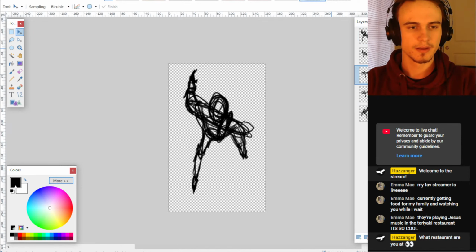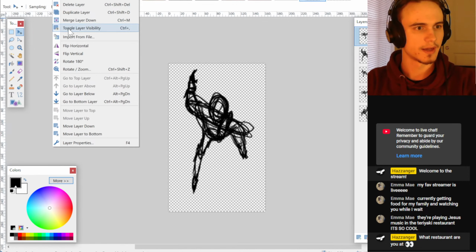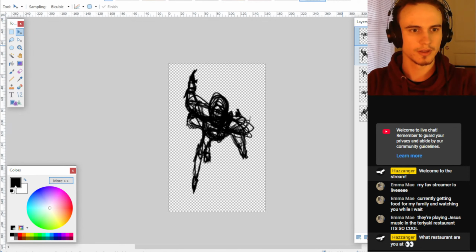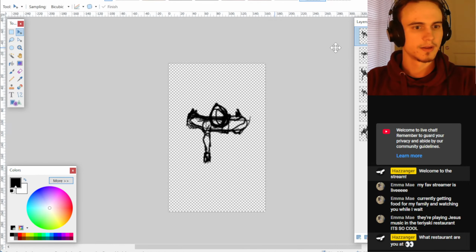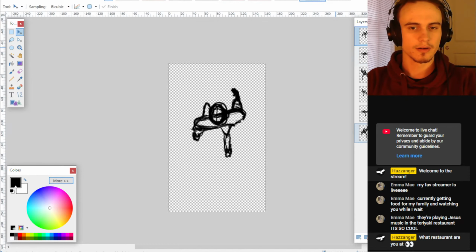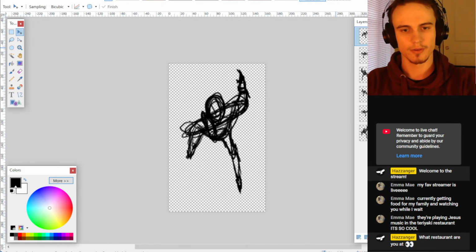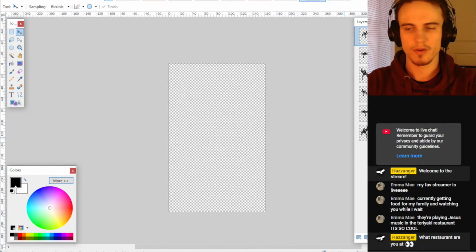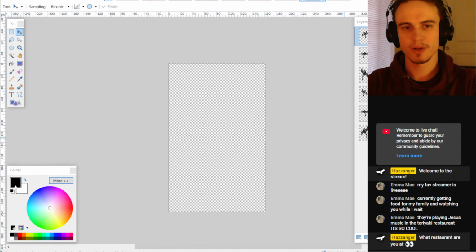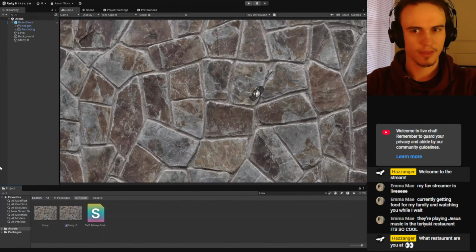Then we grab this one, and we're flipping that one into here now, and then we're taking this one and we're flipping that into here, and then that comes into here. Okay, so if we were to export then these, so combat run, I should probably call this just combat sprites, and then we'll call this combat run. Okay. If we were to export these and throw them into here,